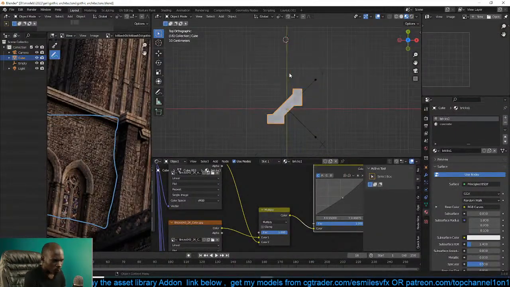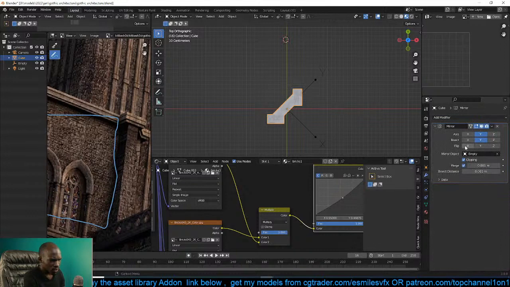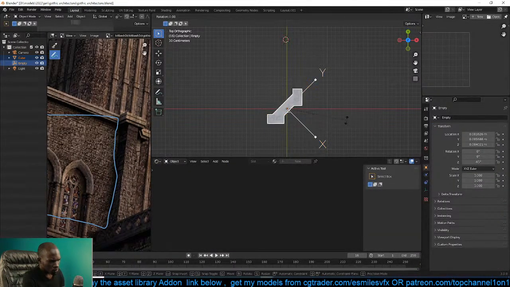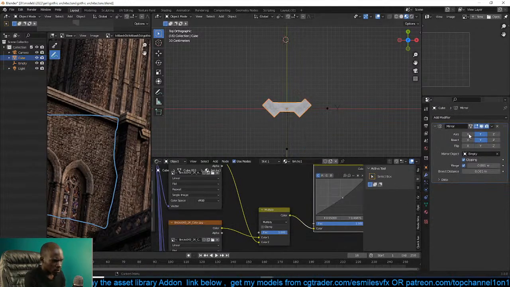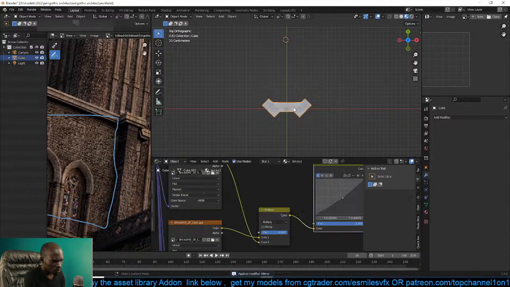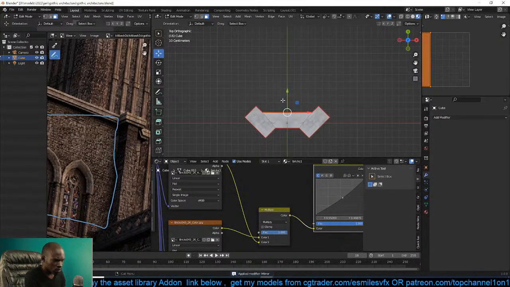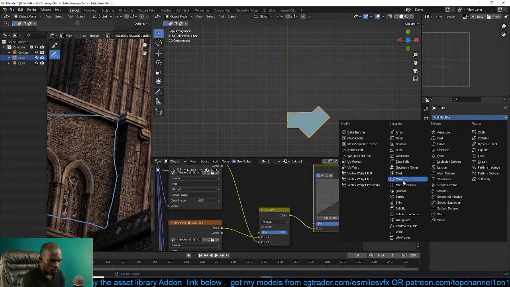Now, to do that, I'm just going to first rotate this 45 degrees like that, apply this mirror, get rid of this empty, and just get rid of this portion, this side, and bring back the mirror modifier,